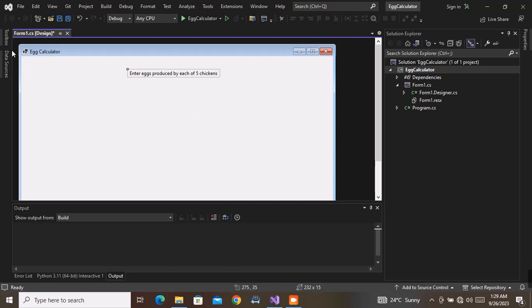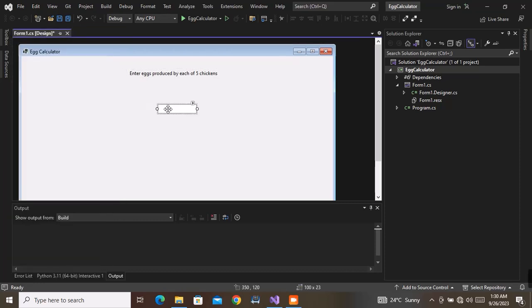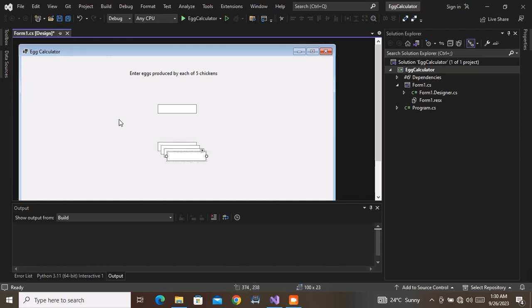And then remember, I said that we will need 5 text boxes because there are 5 chickens in this. So I will have a text box, and I will just copy this and I will paste 5 of them. Right, and I will just place them here, place this one here, place that one there, place this one and that one, and from there I will just reduce the sizes,